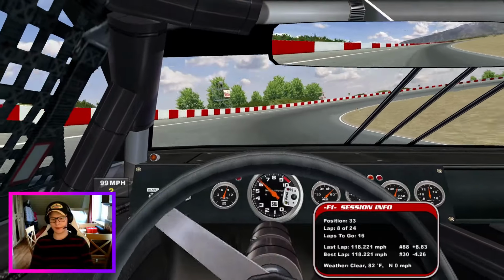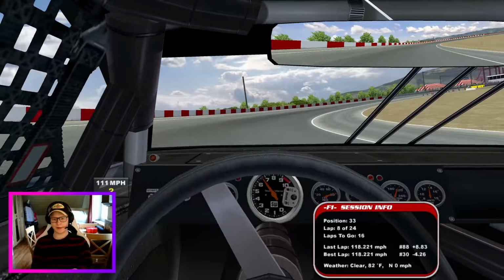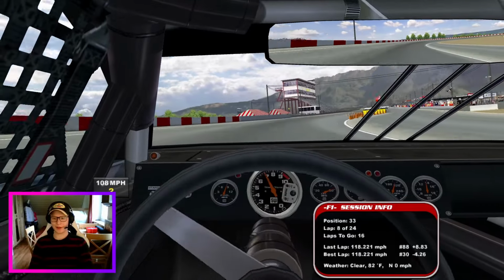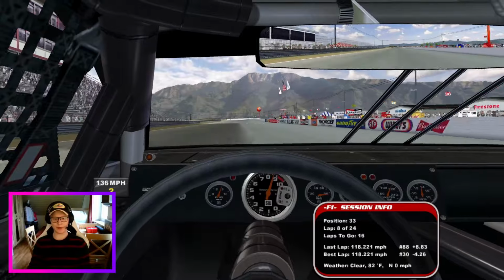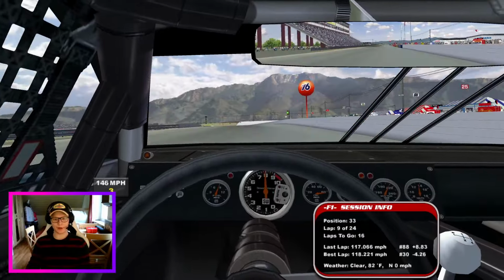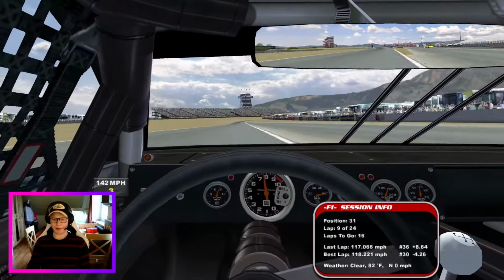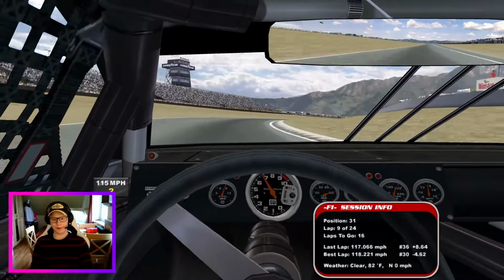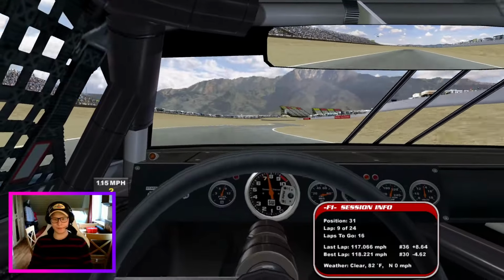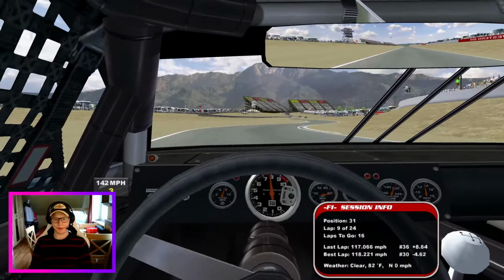Yeah, car's running good. It's running great. Obviously, I don't think we can go for the win. The only way we can go for the win is on strategy, and I don't know if we can. Someone's on pit lane. That was the 97 of Morgan Shepherd. Don't know if he was for position or not. Oh, he actually was. Was there another one on pit lane? I think there was as well, because I went up to 31st from 33rd on the grid, so we'll see. But right now, we are about...